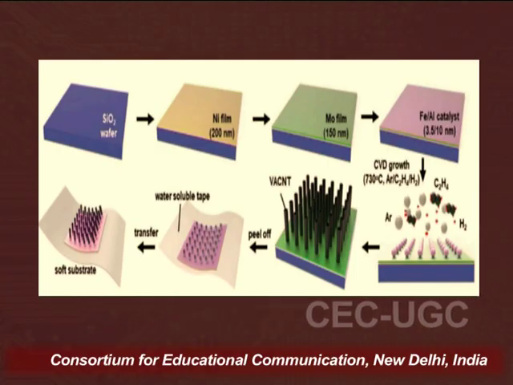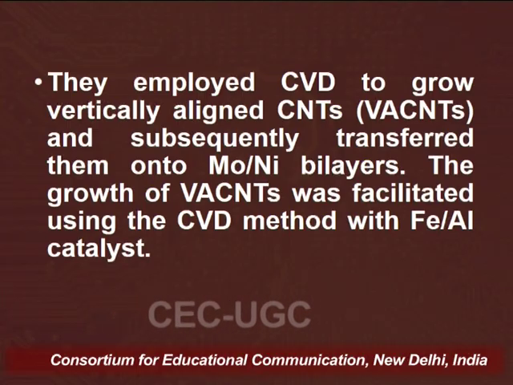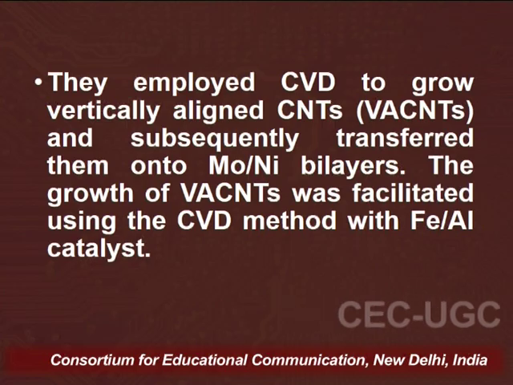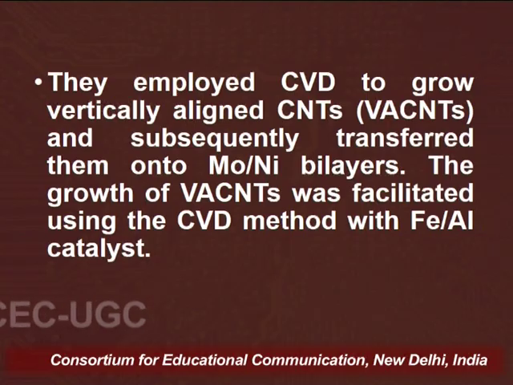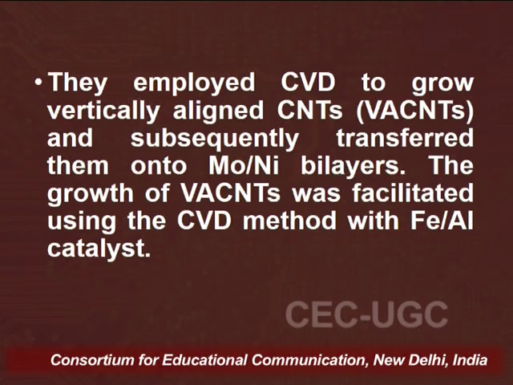So we can prepare the 3D printed supercapacitor and see its device performance. Here we employ CVD to grow vertically aligned CNT, which is why it is called VACNT, and subsequently transfer them onto the